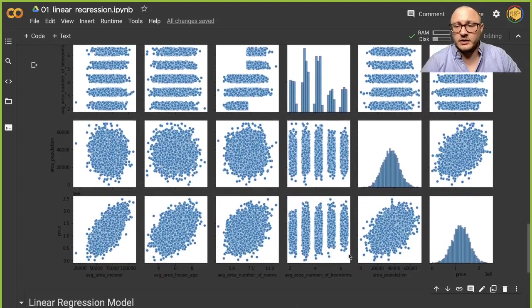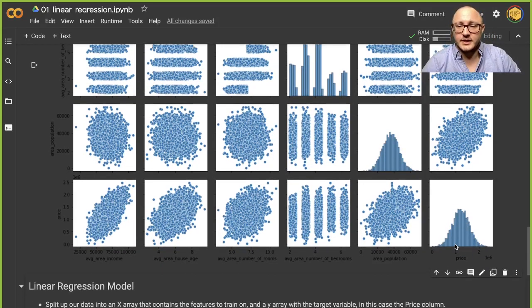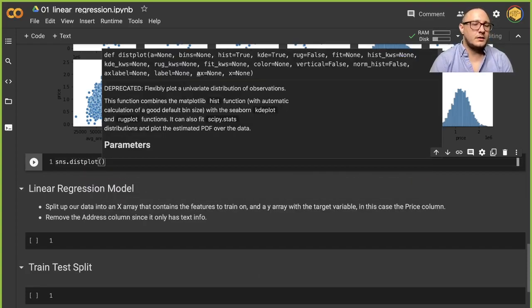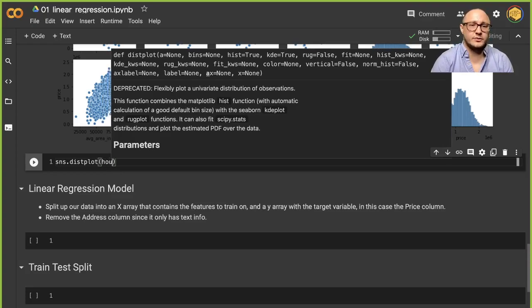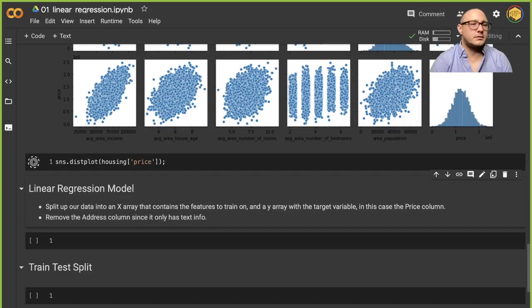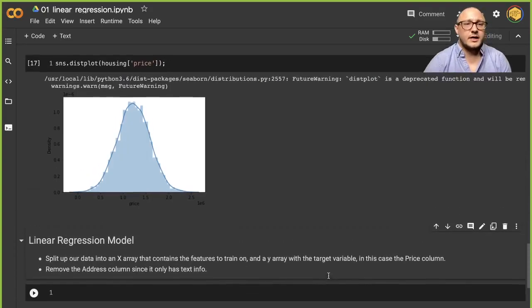But since our variable of interest is price here, we can see that this is a good normal distribution, but we may want to take just a little bit of a closer look. So let's try a dist plot on our housing data. And so let's do housing price. Let's run that to take a look. And again, we see here that there is,